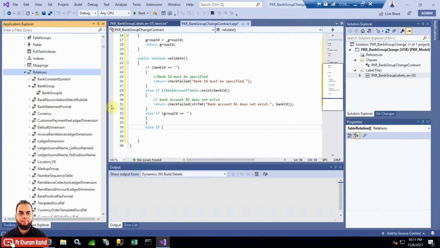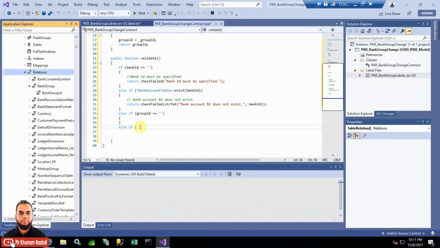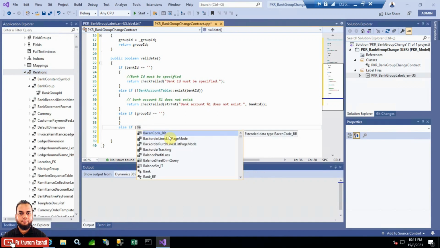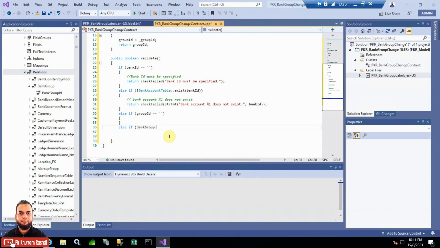So in the bank group there should be another exist condition through which we can check it. So we can just again use a similar exist statement and pass a bank group ID here. That will be this variable. We will pass it here and it will be true if it exists, but we want otherwise, means we want to catch the validation when it does not exist. So we will put a not here, and